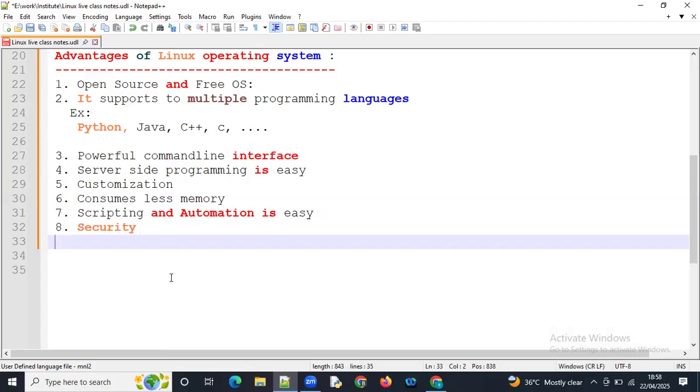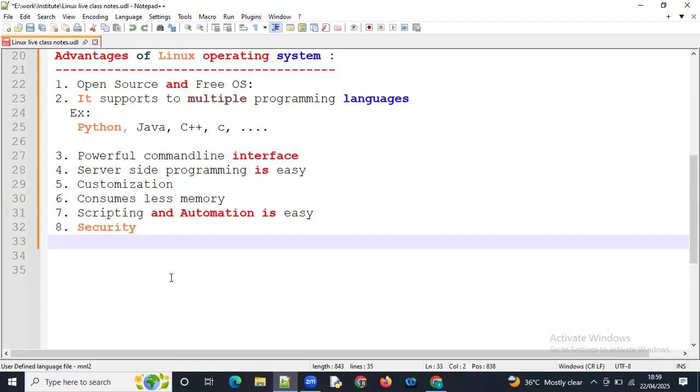If you want to interact with the OS or perform operations on your system in Linux, then we have to deal with commands. And it is also ideal for cloud and DevOps. Most DevOps users and most cloud users use the Linux operating system only. These are some advantages of the Linux operating system.